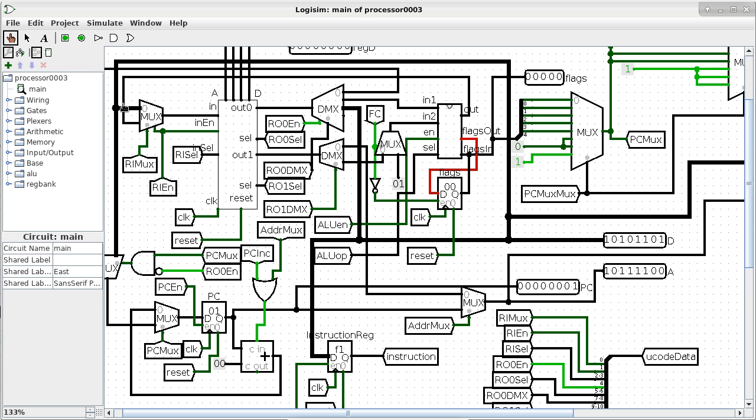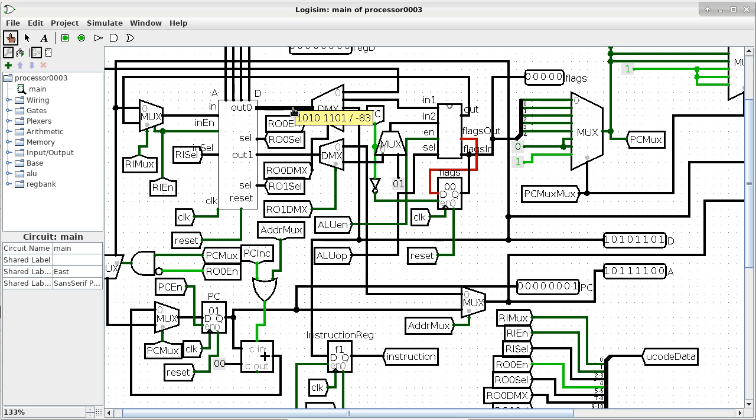So if that demultiplexer is enabled, then we pay attention to it. We think the select should be 1, 0, because this is 0, 0, this is 0, 1, so this has to be 1, 0. So we double check, and yep, it is 1, 0. Okay, good. So that means we are now connecting output 0 from the register bank to the data port of